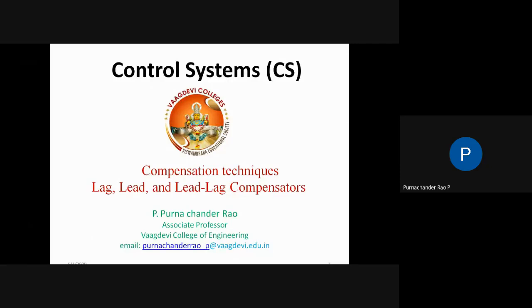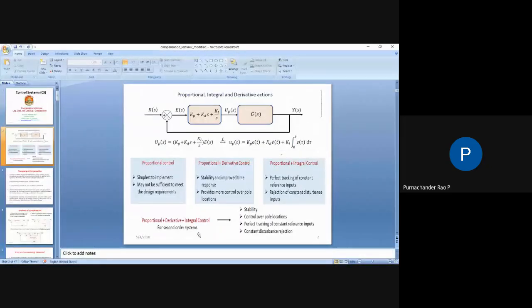So these are nothing but the lead, lag compensators or lag-lead compensators. Okay, so